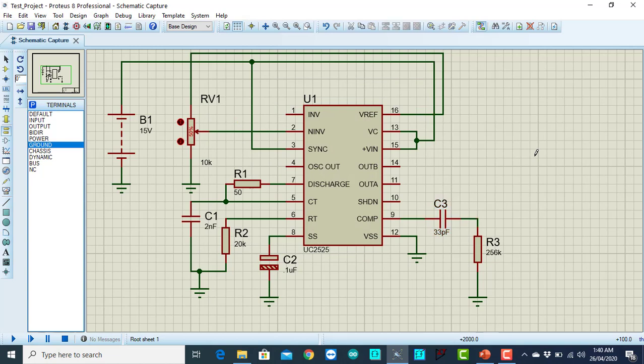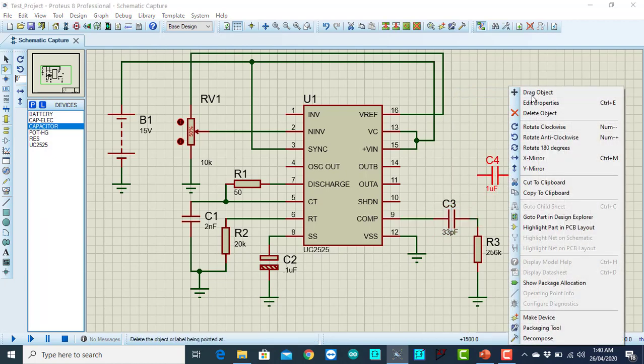And then I need to connect another capacitor with this compensation network. So it would be over here.